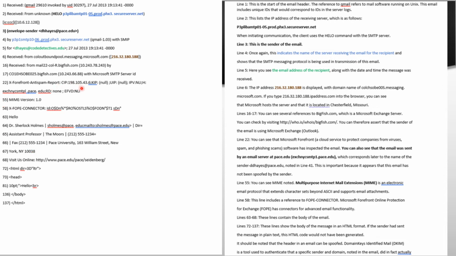On the 22nd line, you can see that Microsoft Forefront, a cloud service to protect companies from viruses, spam, and phishing scam software, has inspected the email, and you can also see that the email was sent by an email server at pace.edu, which corresponds later to the name of the sender, dd at pace.edu. Noted in line 41, which is not shown here,